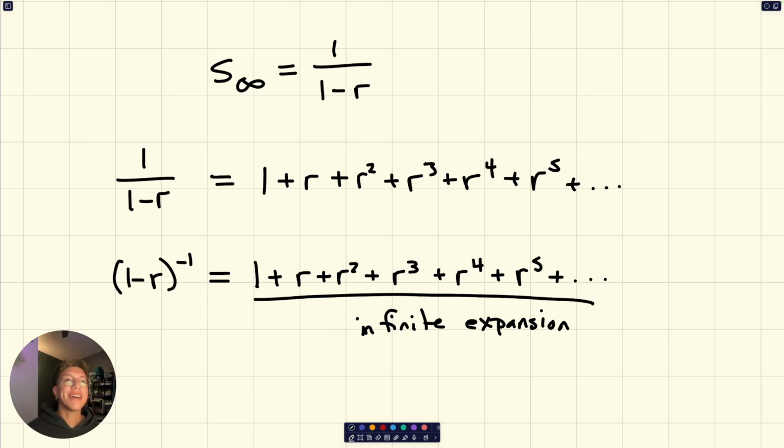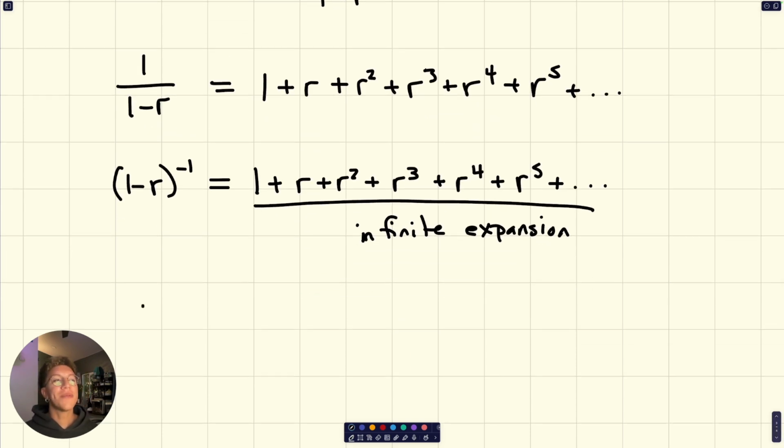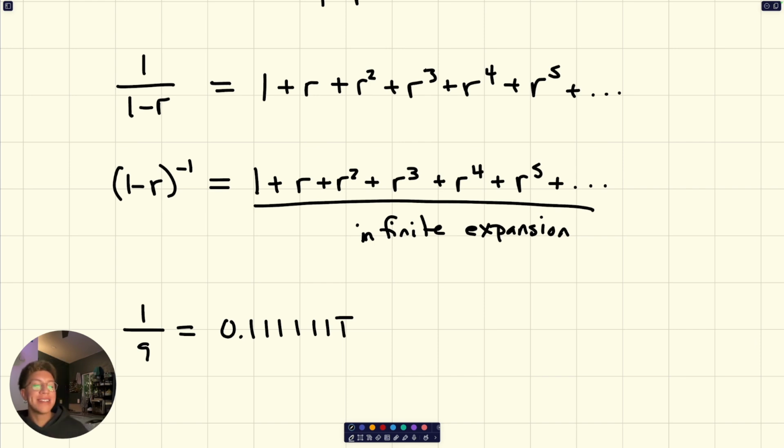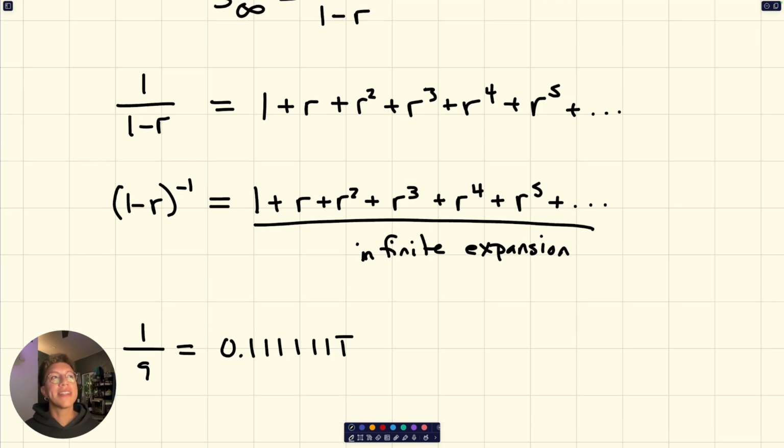Now, maybe if you think about something else, for instance, fractions, 1 over 9, that has an infinite decimal representation. It's not 0.9999999, actually our decimal representation is 0.11111, and that goes on forever. So maybe in one way, it's very familiar. We've been seeing infinite representations since maybe elementary school, but this is probably our first time we've seen that an expression or a function, which we'll see in a second, has an infinite polynomial representation. Now there's one other thing we haven't talked about, and that is up here,